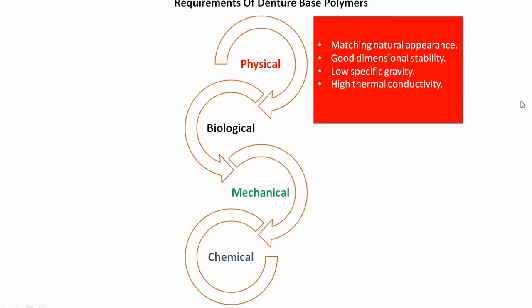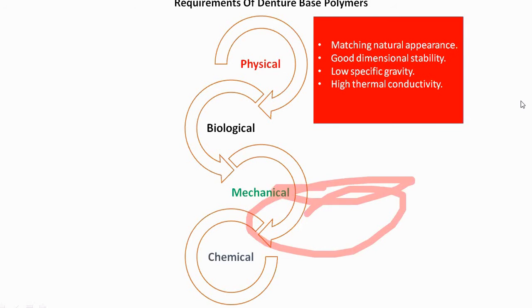I gave an example so that it will be clear to you. If some material has high specific gravity, even if the volume is less, the weight would be more. Whereas if the specific gravity is less, it's vice versa. So we do not want our denture base material to have high specific gravity, because we are going to place this in the patient's mouth. The patient would not